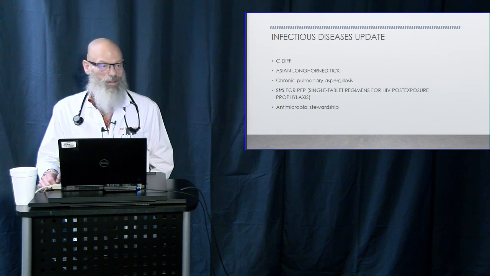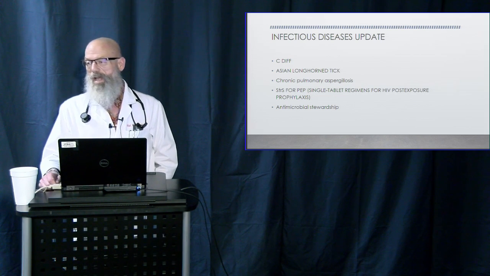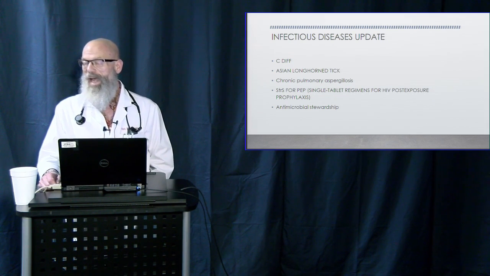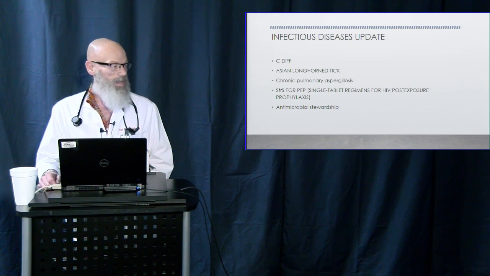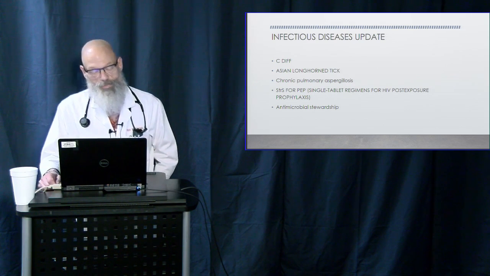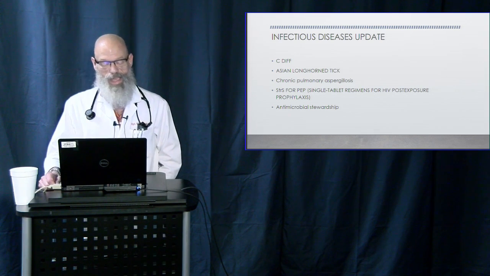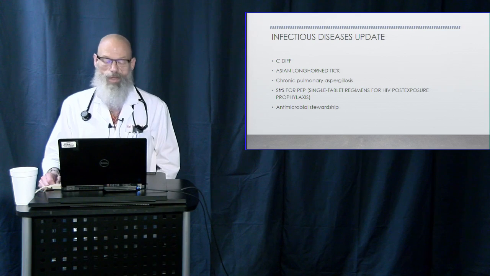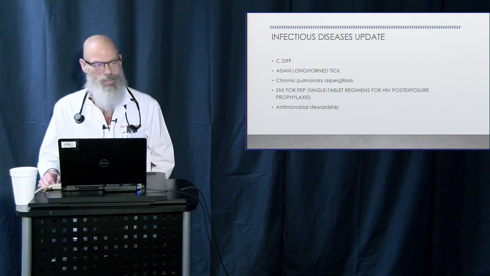I found a recent article about chronic pulmonary aspergillosis and optimal antifungal therapy that I thought was interesting. Maybe we can discuss that sometime. There's also new information about STRs for PEP,